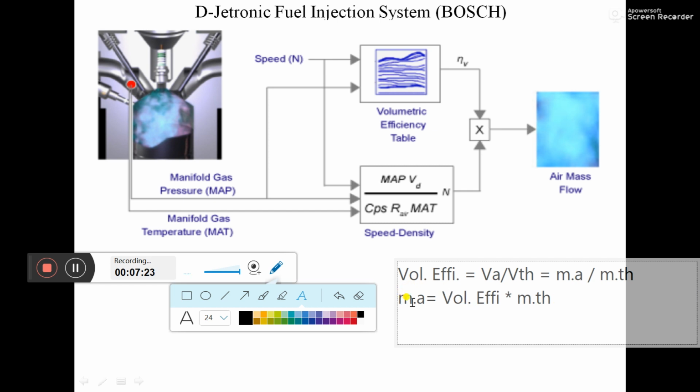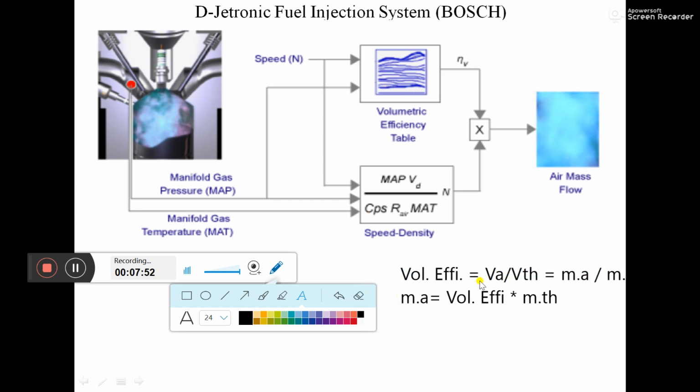So to have this actual mass, we should have the volumetric efficiency. We are done with this part. Now we have to calculate this one. To calculate this, we are feeding an input like speed and an input like manifold absolute pressure into this sub processing unit, or we can say in a sub calculation of this entire process. Now we'll see how this is done. Just remember, we have to multiply this theoretical mass with the volumetric efficiency coming from these processes, and then we get the actual mass. So we will go to the next slide here.